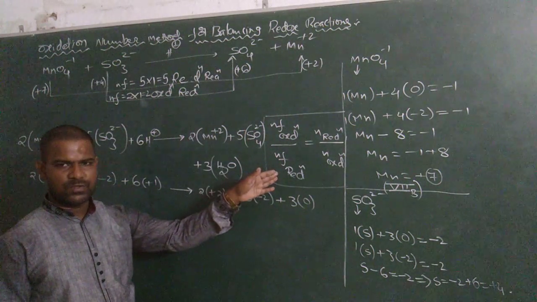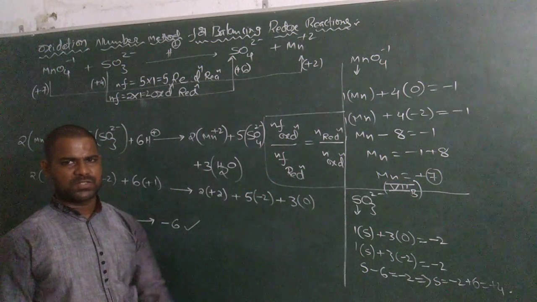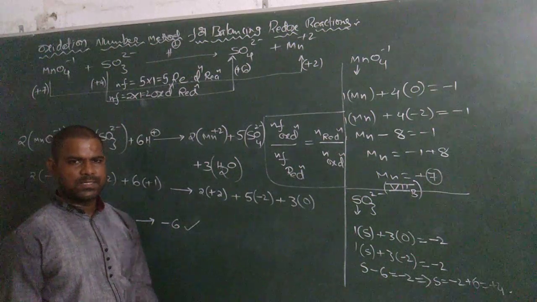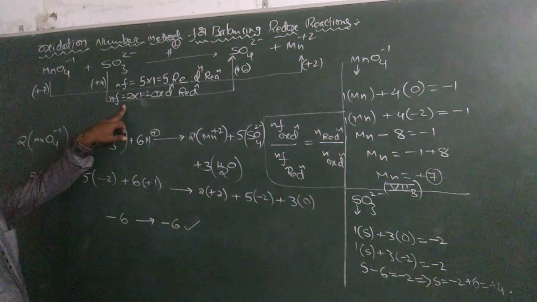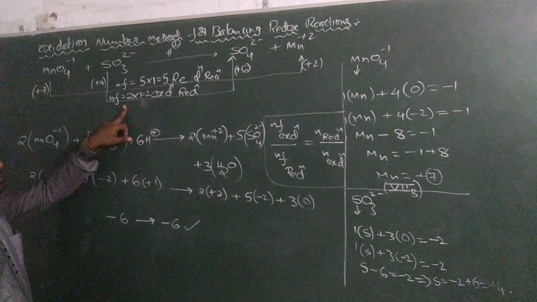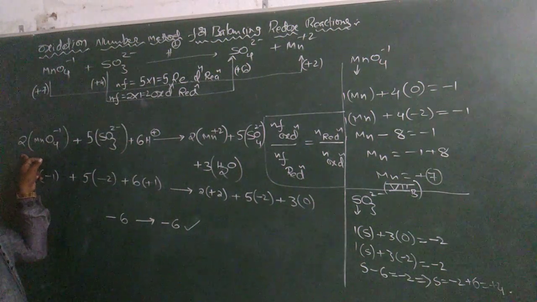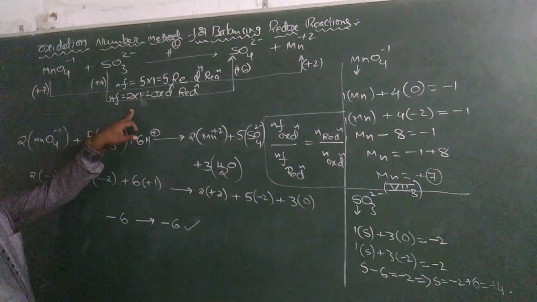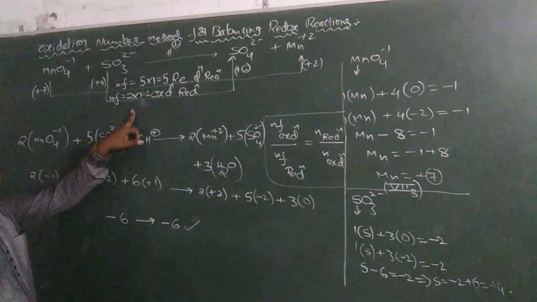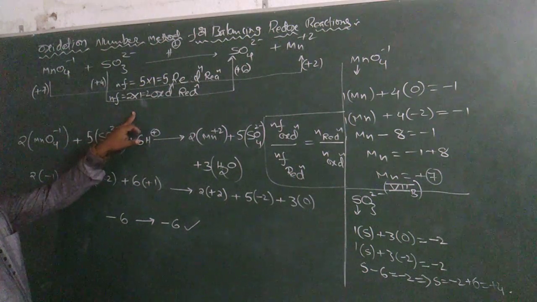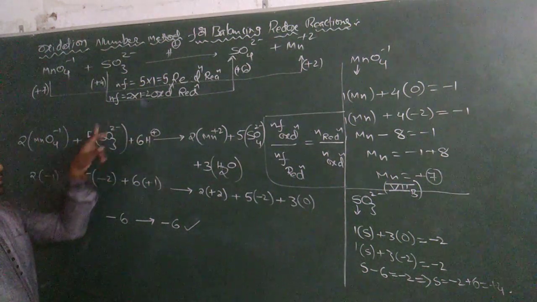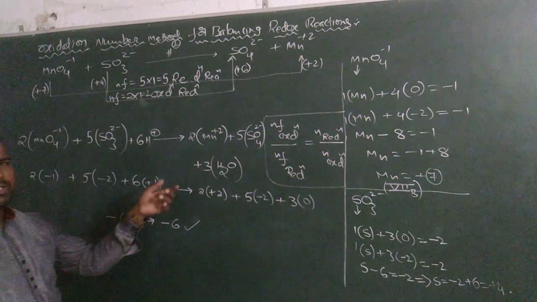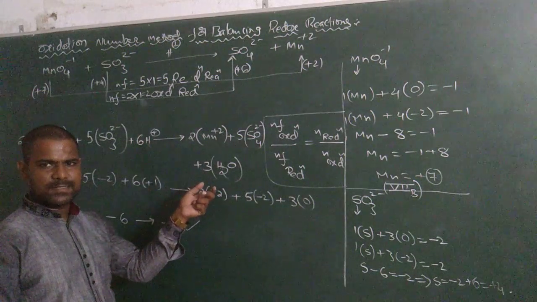The reciprocal of the n factors of those reactions are the molar coefficients. Reciprocal of n factors are nothing but molar coefficients. So here, the n factor of sulfur in the sulfide ion, which is 2, is the molar coefficient of the permanganate ion here. And the manganese n factor, which we have as 5 here, is the molar coefficient of the sulfite to sulfate oxidation reaction. Then we are going to check the oxygen balancing process here.